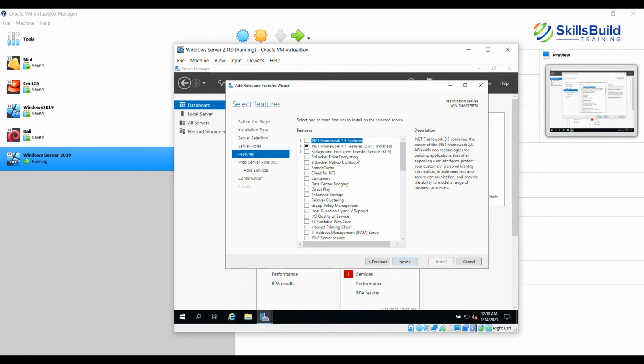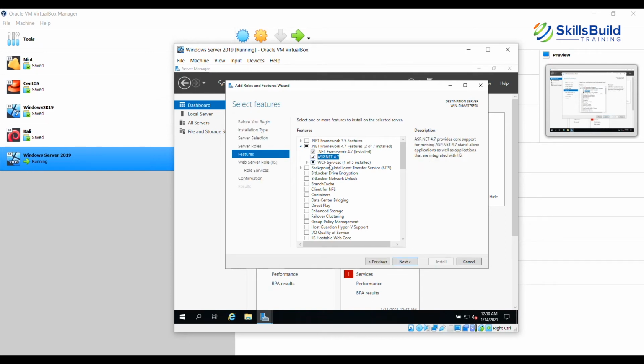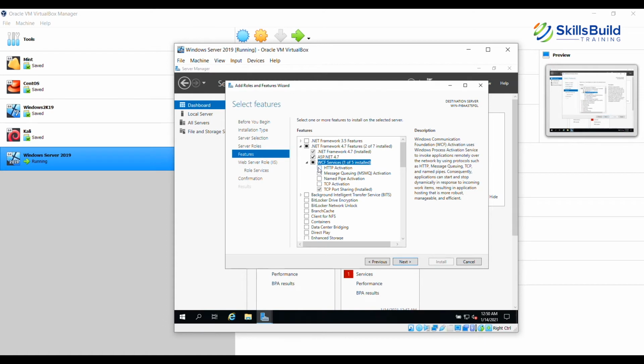Then there are certain features that it would need. For instance, .NET Framework 4.7, 2 of 7 of which are installed. If I expand this option, I will just go ahead and select ASP.NET, and then there are some more features. For the time being, we are just going to leave all these features as is under the WCF services.